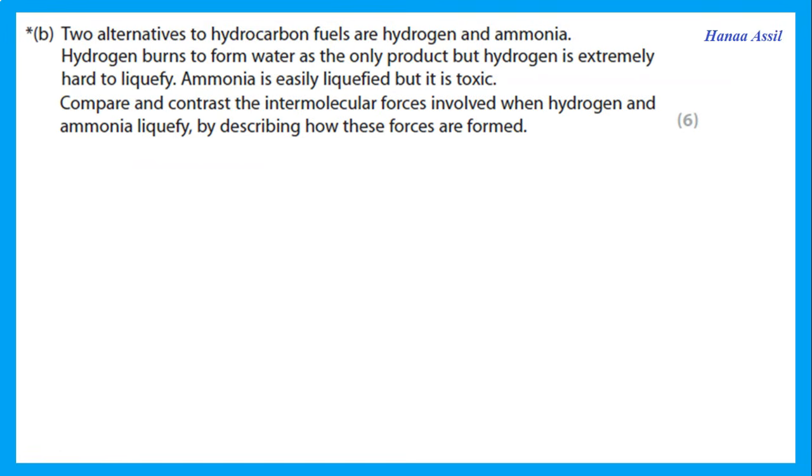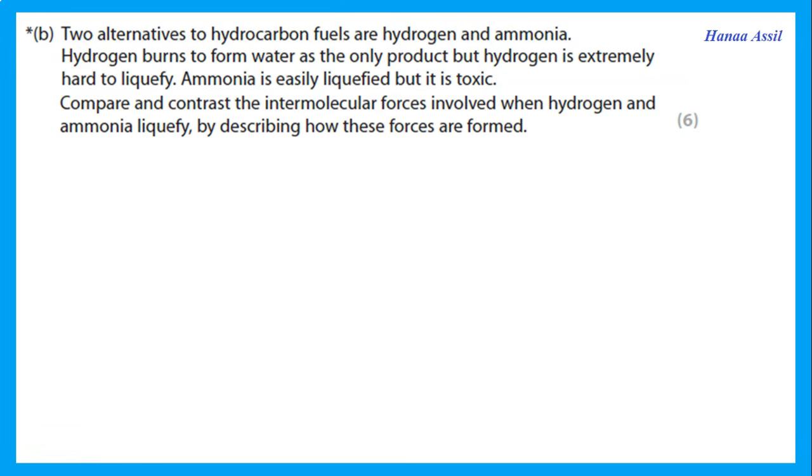Two alternatives to hydrocarbon fuels are hydrogen and ammonia. Hydrogen burns to form water as the only product, but hydrogen is extremely hard to liquefy. Ammonia is easily liquefied, but it is toxic. Compare and contrast the intermolecular forces involved when hydrogen and ammonia liquefy. Remember, liquefy means the gas particles are coming nearer to each other. So when it is easily liquefied, then they come nearer to each other more easily. So we're saying that the ammonia is more easy to liquefy